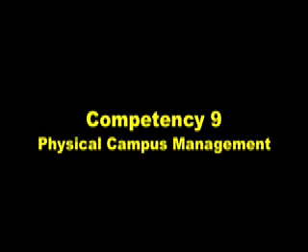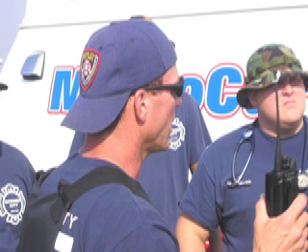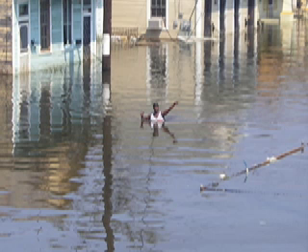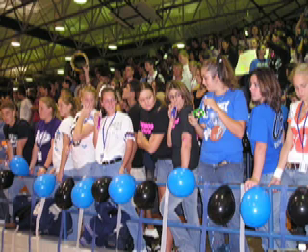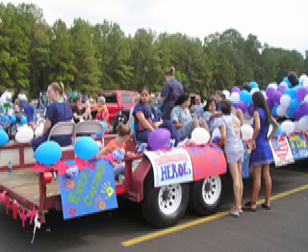Competency 9 involves physical campus management, and safety is a major concern. Principals must ensure that all procedures are in place to keep students safe from fights, terrorism, contagious disease outbreaks, fire, and catastrophic weather. Schools must work with local emergency personnel in disaster planning, and parents expect schools to notify them when their children are in danger. The 9 TEXES competencies all encourage the principal to work with school staff and site-based committees in a collaborative way.